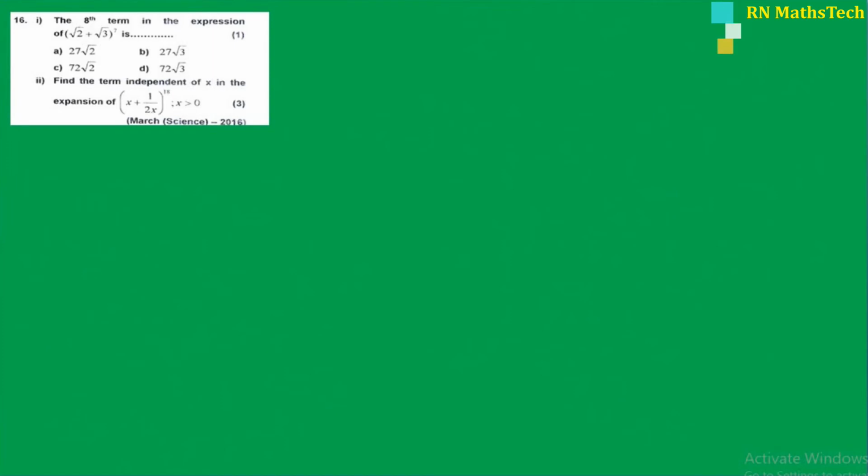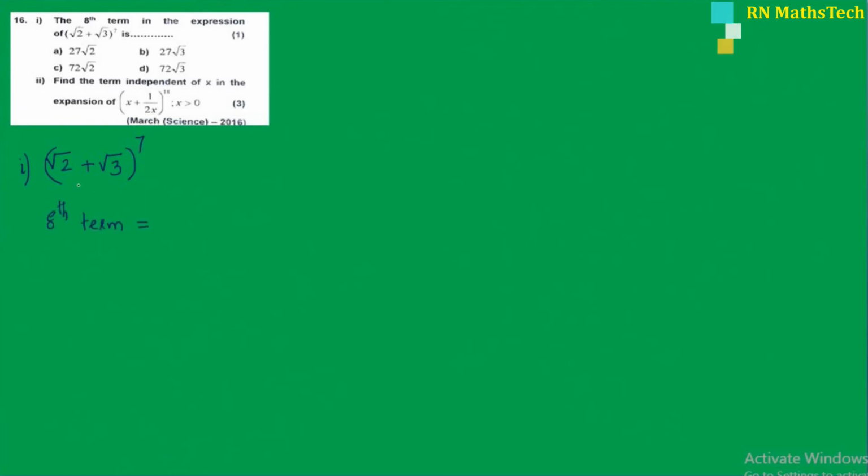Next one, find the 8th term in the expansion of (root 2 plus root 3) the whole raised to 7. First part, 8th term. Okay, so the 8th term is the last term. Last term is root 3 raised to 8. Okay, 8th term